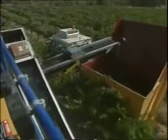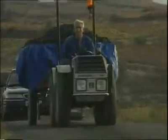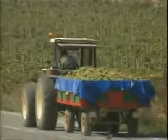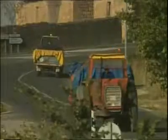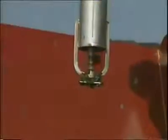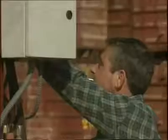Today, however, in many regions, human pickers have given way to machines that shake the individual berries off their stalks and have the advantage of being able to work non-stop from the early evening until the following morning, bringing in the grapes while the temperature is cool rather than the heat of the day when there is the risk of oxidation. Throughout Spain, most of the vineyards are worked by